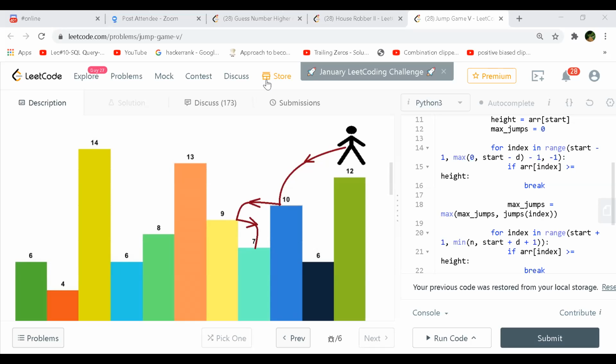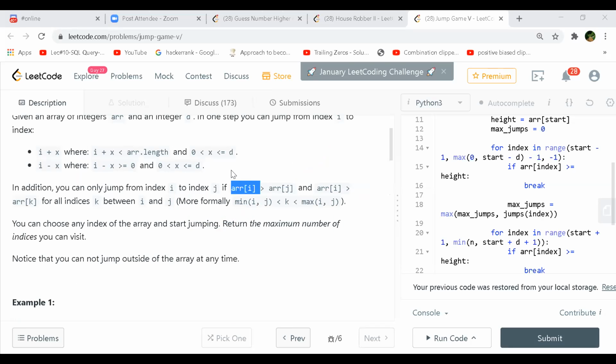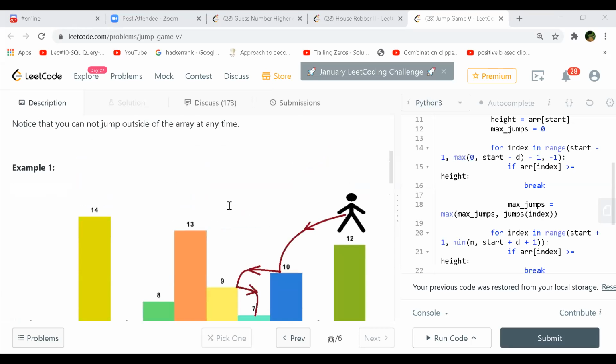Had your d been only 1, you would only have been allowed to jump from 12 to 6, the black square. So d also plays a role in this, it limits your jump. That restriction is there: your X should be within d.